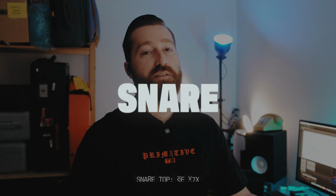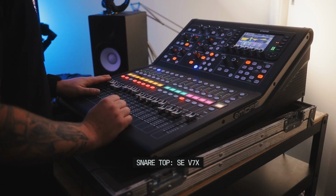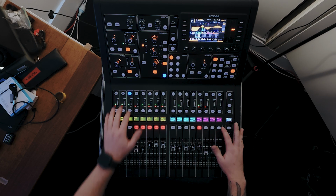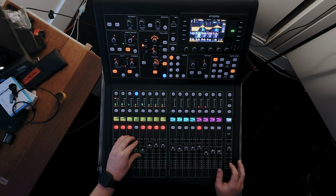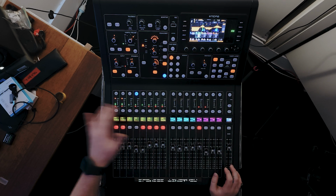For snare, I'm using an SE V7X for top and an SM57 for bottom. I really like the sound of those. This is the snare top. As you can hear, a lot of reverb going on. This is snare bottom. Both of those get sent equally to the reverb, but if I put them together,